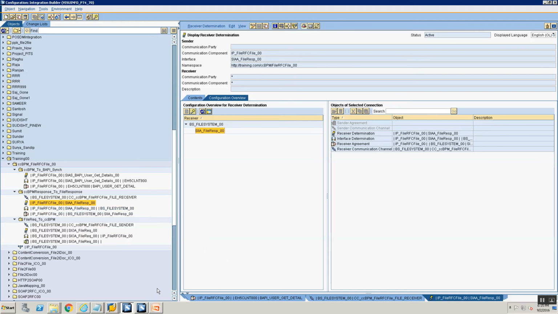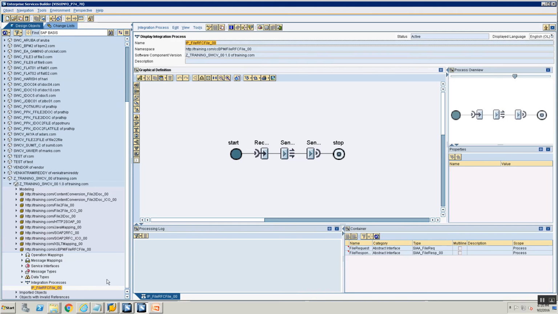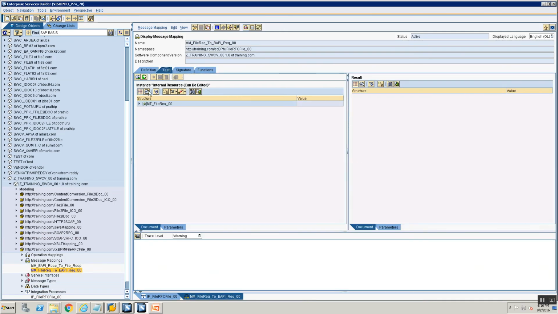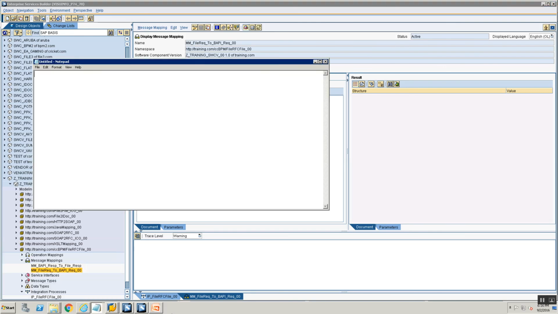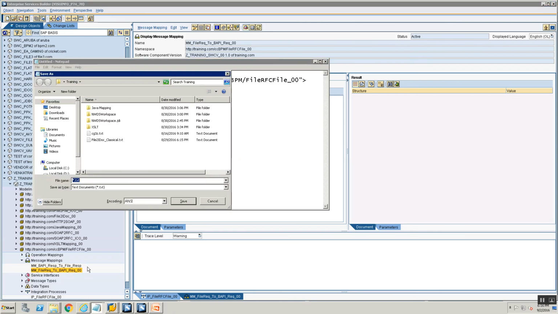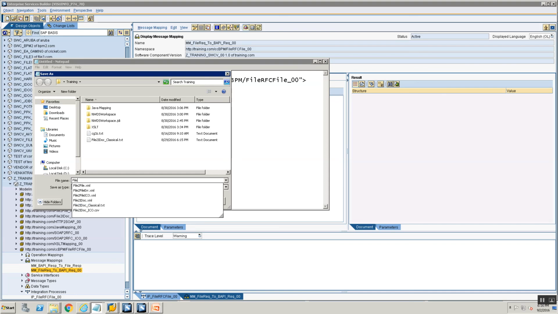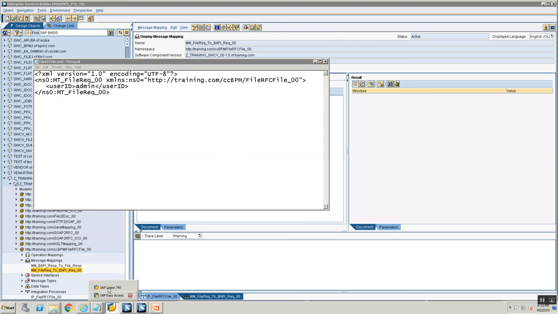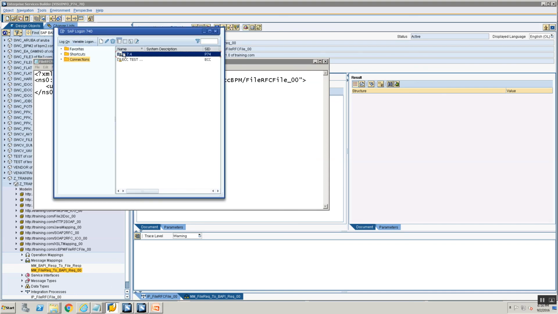All right, so to test our scenario, what are we going to do? We are going to create our input file. So I'm going to my message mapping. This is my file request. All right, I'm going to call it my user ID as admin, right? I'm taking this request XML which contains the user ID and saving it in my notepad and saying file RFC file.xml. Now I'm going to my CG3, sorry,